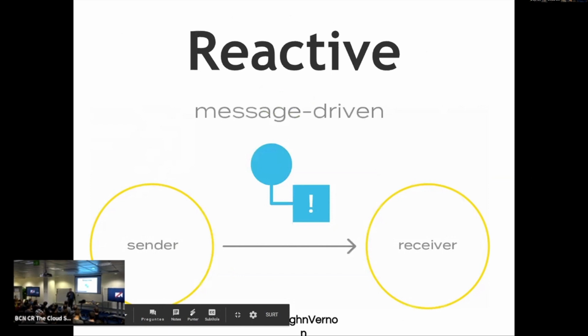Instead, what's happening is the thread that the sender was using for the time that it was making a request is now given up, and it's being used by some other, let's say, actor or object in the system, and until this receiver responds with some sort of indication that it's carried out the request that we've made to it, the sender won't need that thread. So there's no blocking involved in this operation, which means that we have much more efficient use of the threads that are available on any given node of a machine.